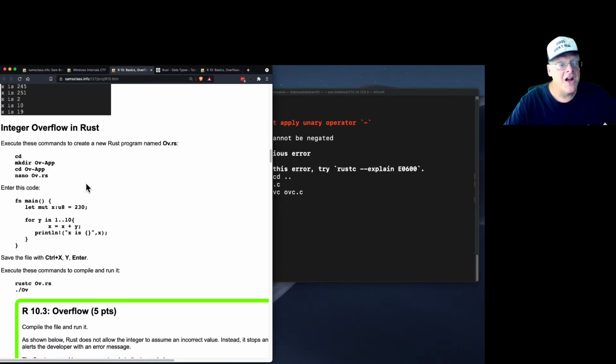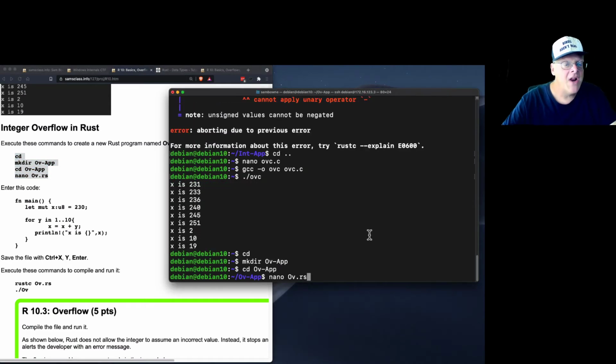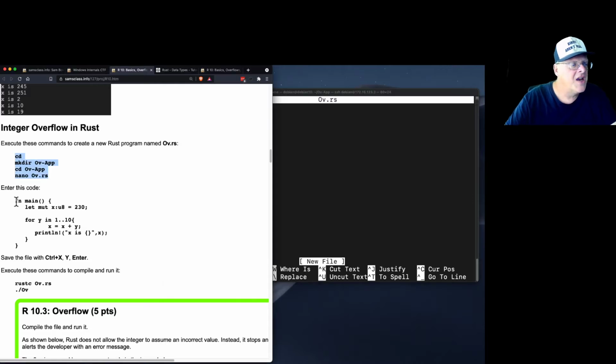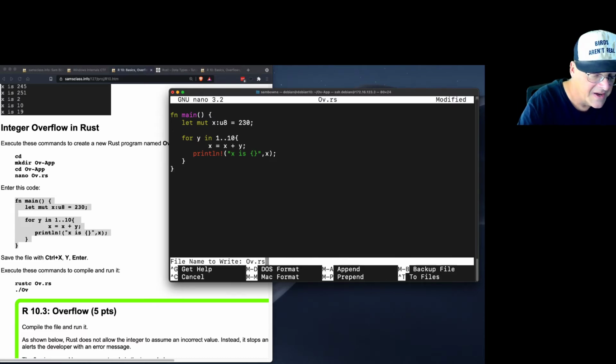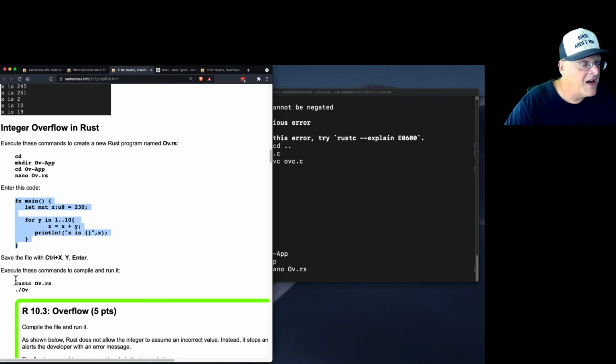Rust does not do that to you. If you try to do the same thing in Rust, it won't happen. So here's the same program in Rust. I define a mutable variable that is an unsigned 8-bit number, 230, and then I try adding to it in a loop. And so if I compile that and run it,